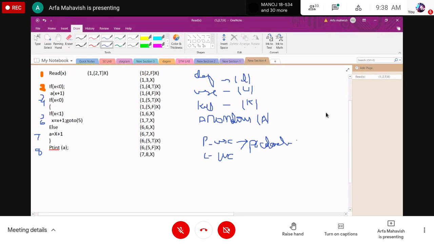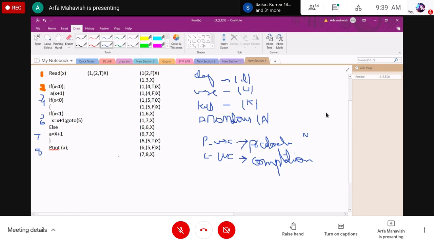For example, if you are using this kind of conditional statement, it is called the P use. And the C use is nothing but computation use. For example, a equals x plus 1, or a print statement of a value. This will come under the C use.